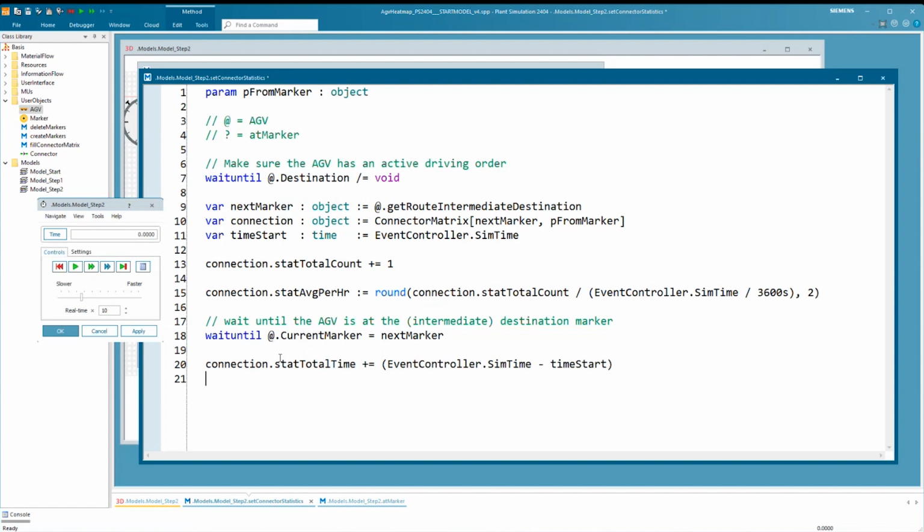And then I have my average time, which is simply, again, my total time divided by the total count, so the total number of AGVs that drove along this edge or on this connector. And that gives me my four statistics for the connector.